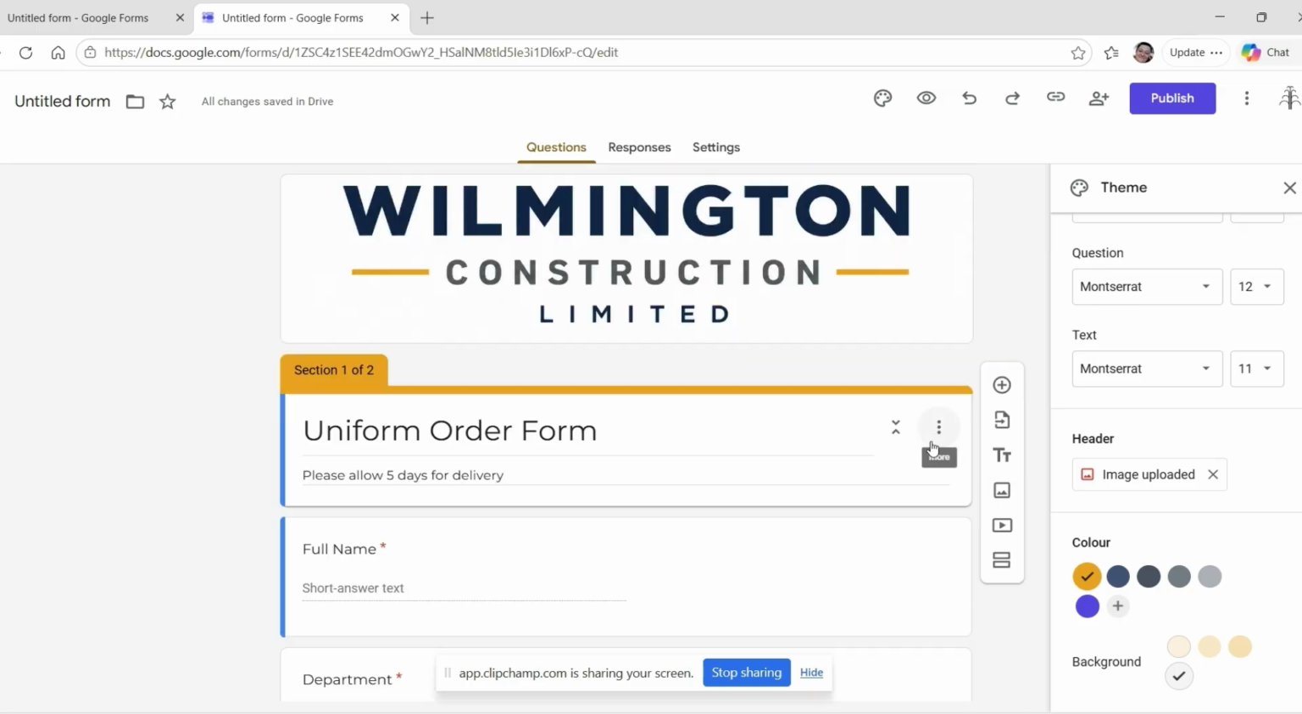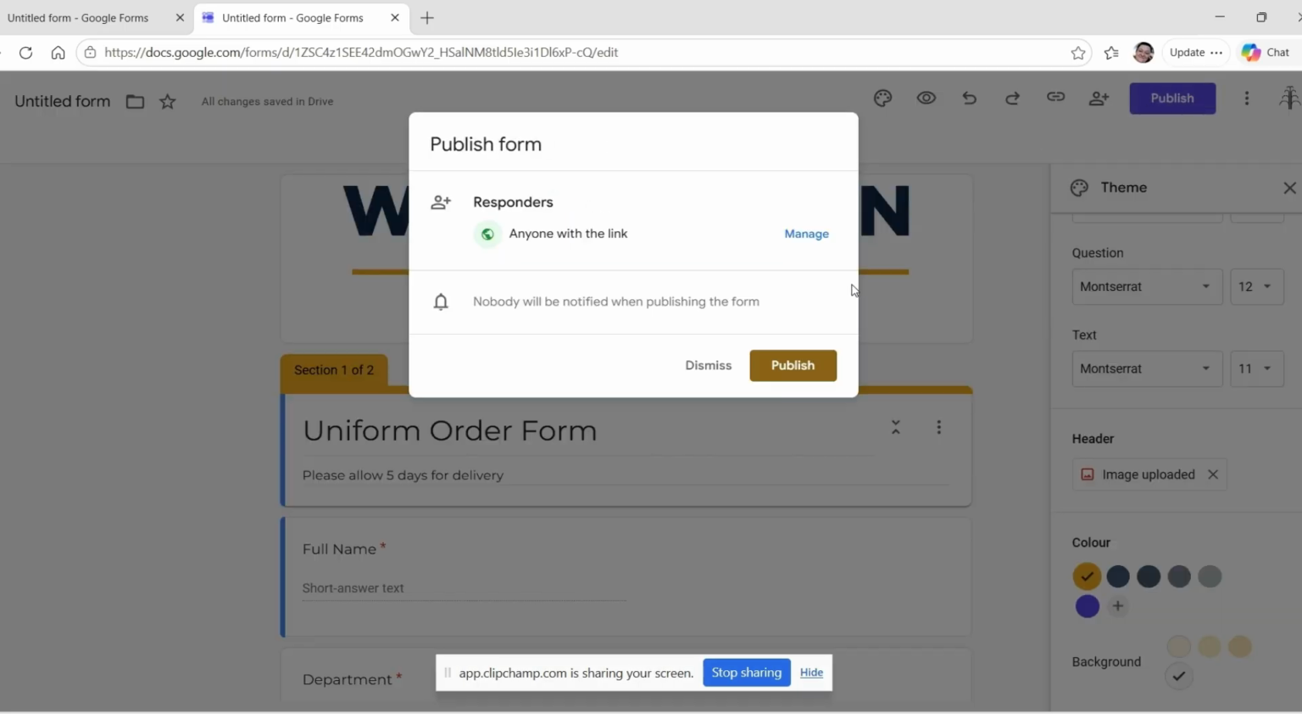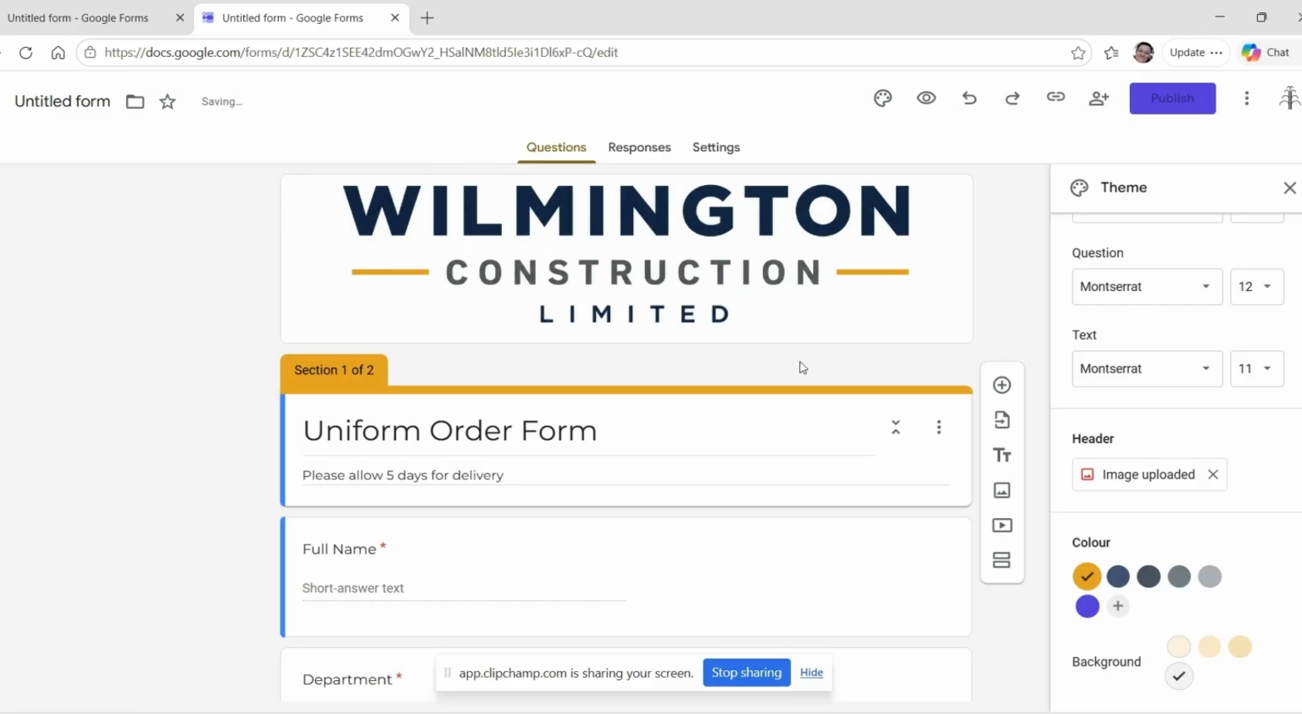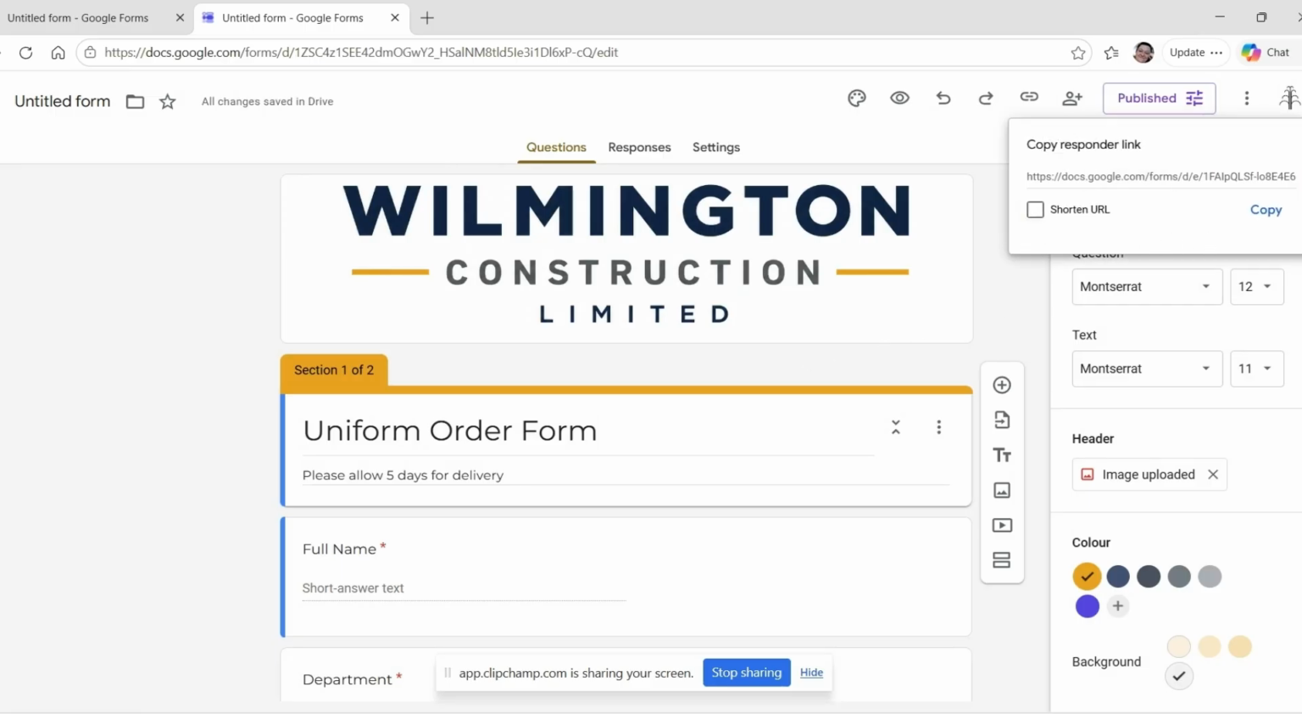So I think I'm ready to publish. So if I choose my little publish option up here, I'm going to leave it set to anyone with a link, so I can just email a link to somebody and they'll be able to fill it in. And then when I choose publish, in a minute you get a copy of the link up here. I'm going to tick where it says shorten URL. That's the location of the Google form, and it's just made it a bit easier to manage. And I'm just going to copy that